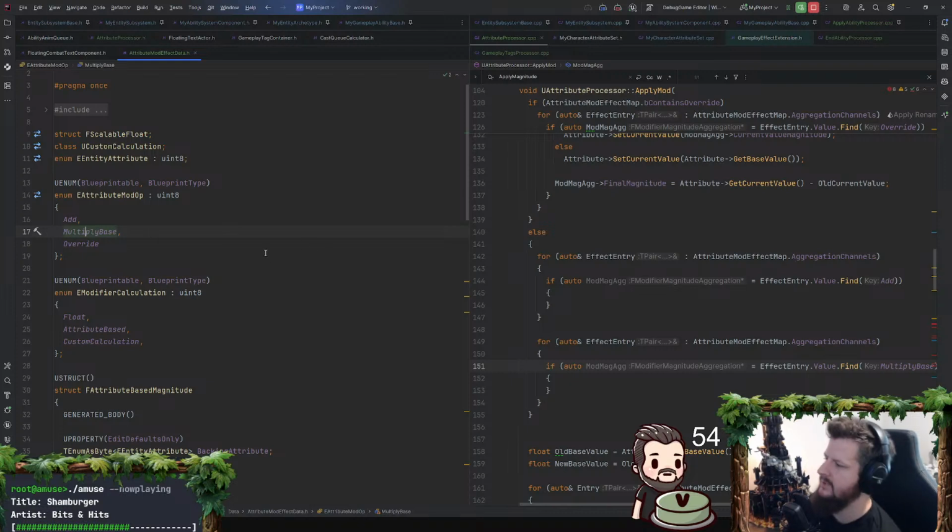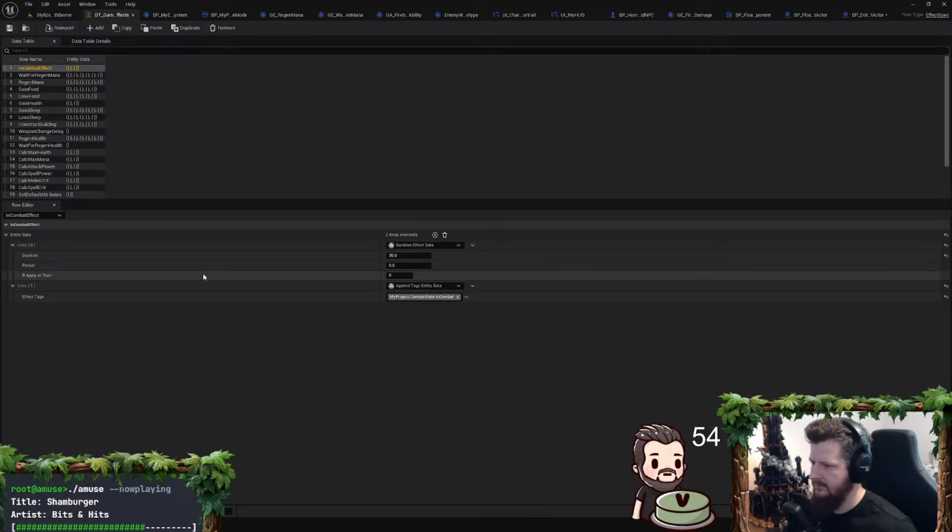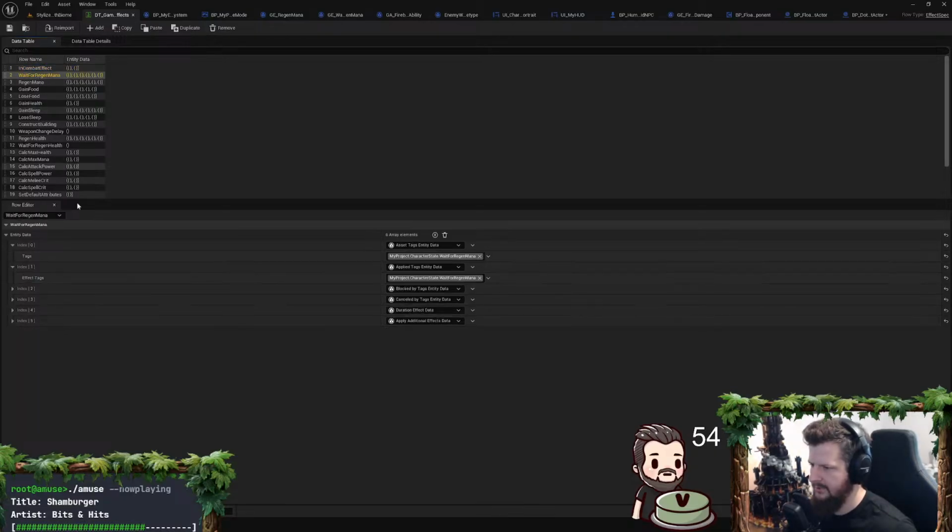And I think the way that I'm using multiply, I don't know, am I actually ever using this? Am I ever actually using a multiply modifier op? I don't think I am.